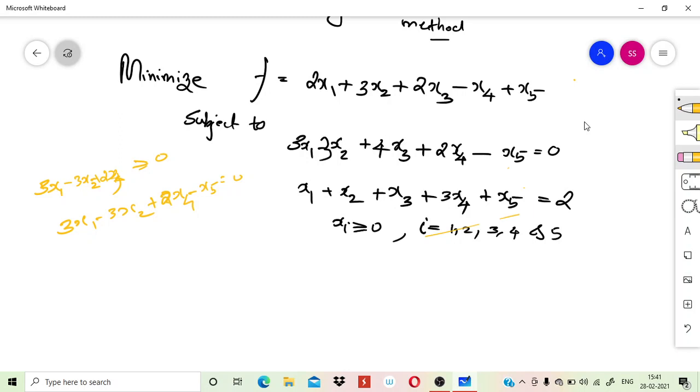Okay, so yes, this is our problem, and if you proceed with this problem with the simplex method, then you will